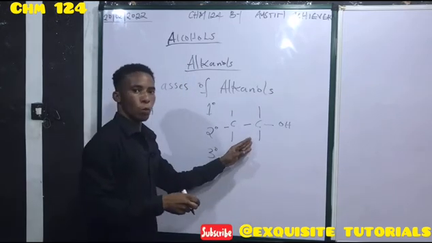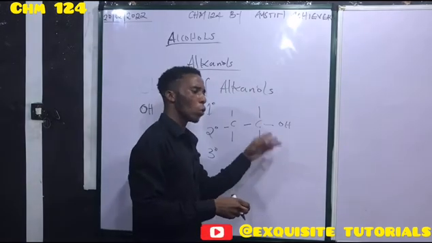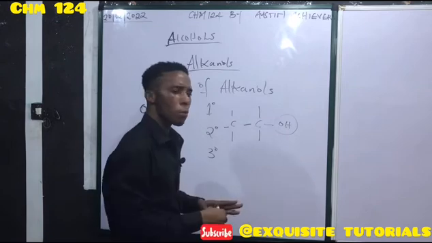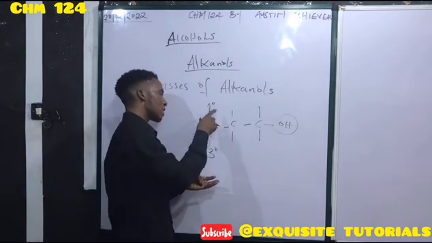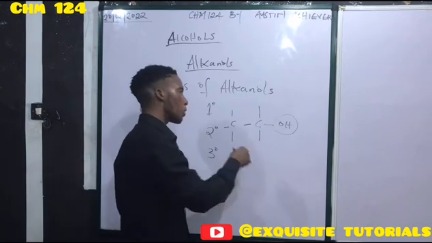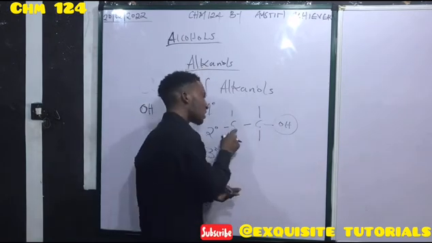This is ethanol. I identify the functional group as OH, which defines this compound. Now, for me to know whether it is primary, secondary, or tertiary, I have to first look at how many carbon atoms are attached to